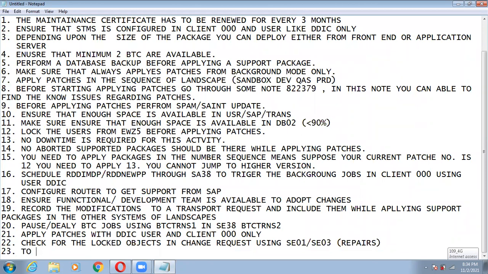23rd point. To parallelize the import, increase the number of processes using STMS, Extras, then go to Settings.